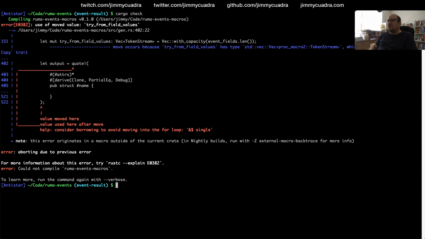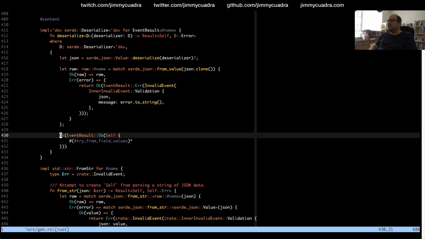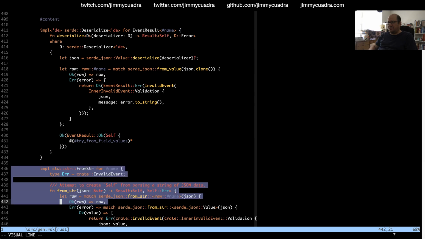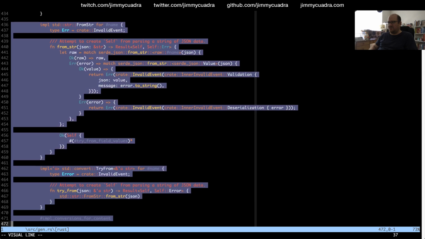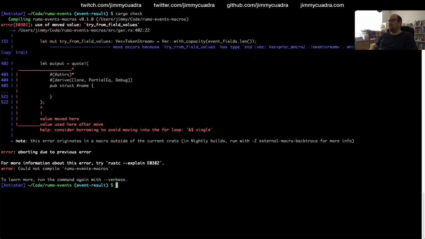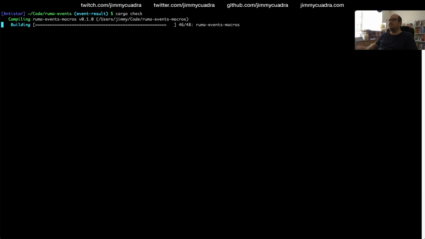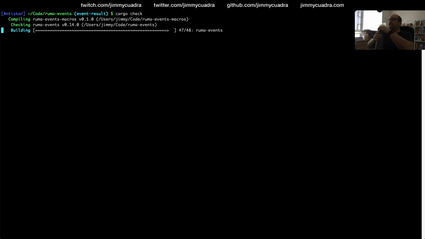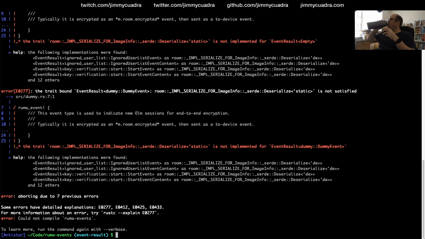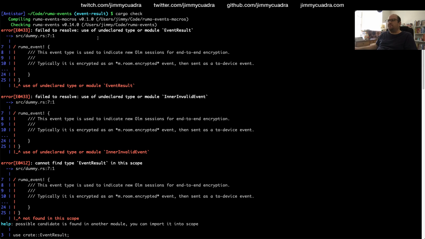Okay. Use of moved value, try from field values. Oh, right. We don't actually need the from string or try from implementations anymore. So what happens if I just comment these out? What's it complaining about?